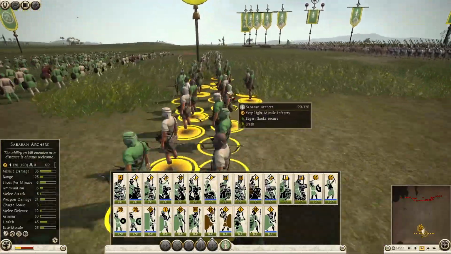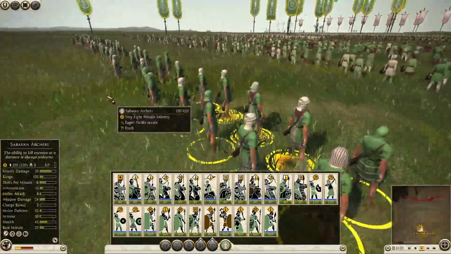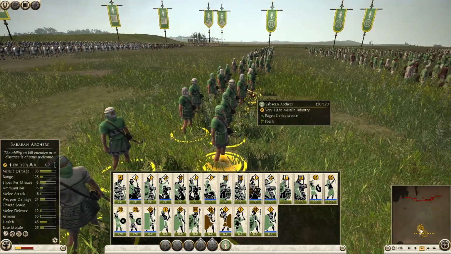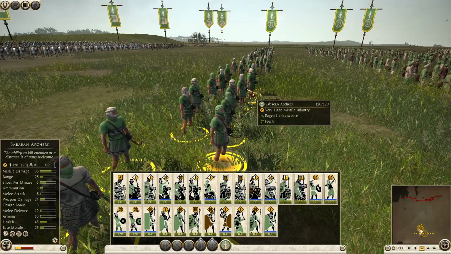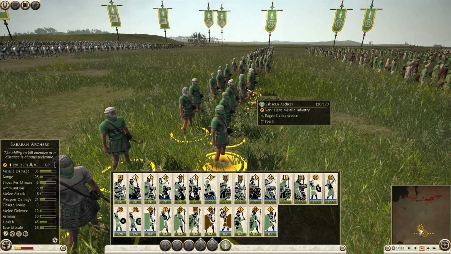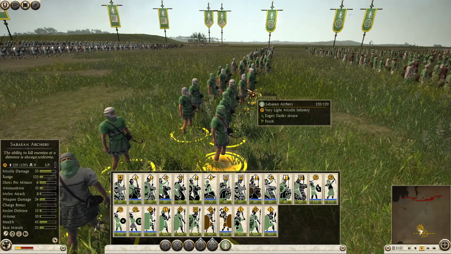Sabian archers are their version of baby archers with the 125 range and survivability. But they cost 360, which is more than an Eastern archer, and these guys are worse because they got less range. So they're only really good at... You can bring them, I've brought them before. But they're only really good if someone's trying to burn down...